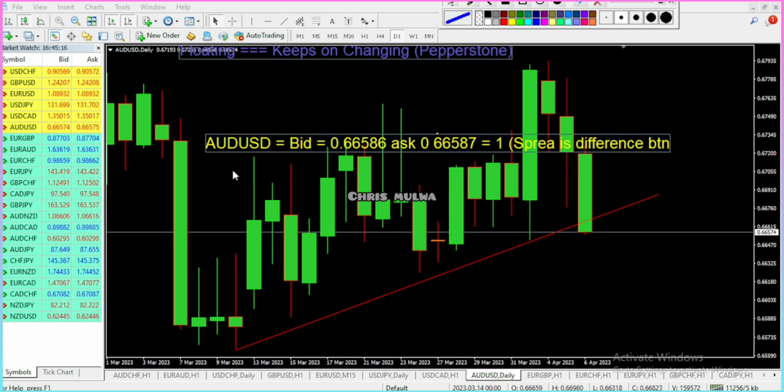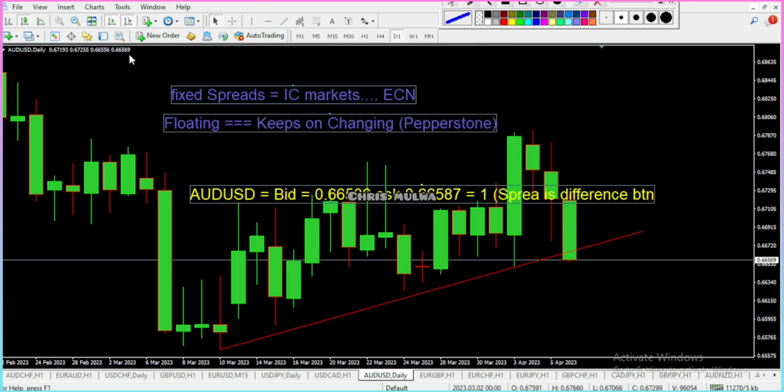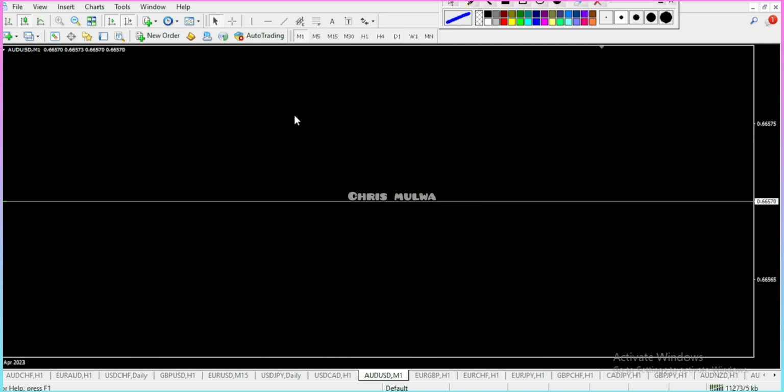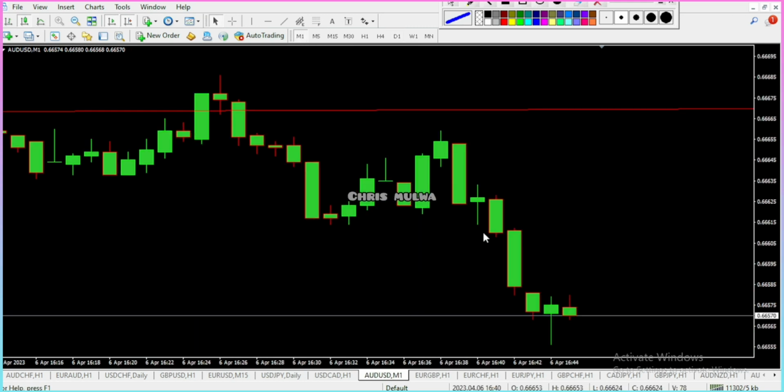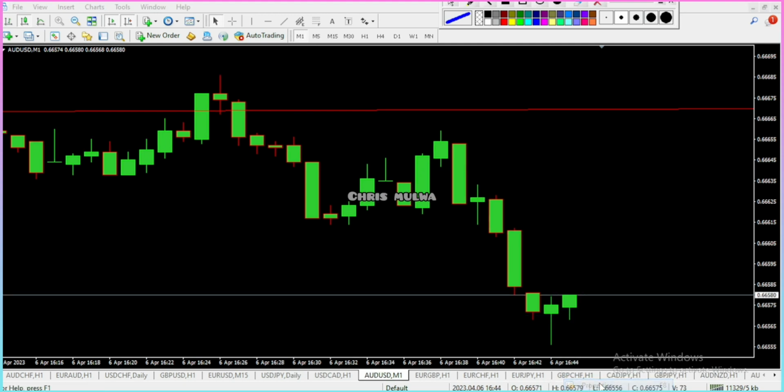So that is spread. Let me show you how, if you want to see spread, especially for a tight broker with low spreads like IC Markets, the best thing that you can do is to go to the lower time frame. So here, let me go to 1 minute. You will see the spread. Let me check whether we have set the ask line